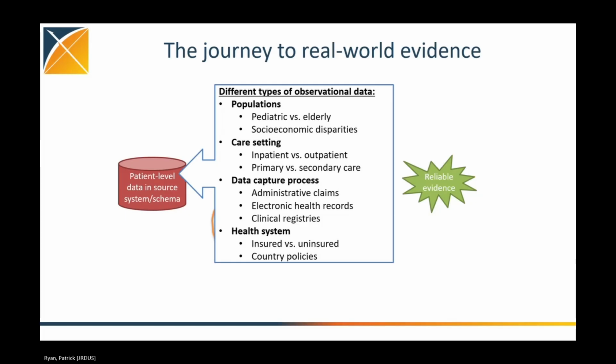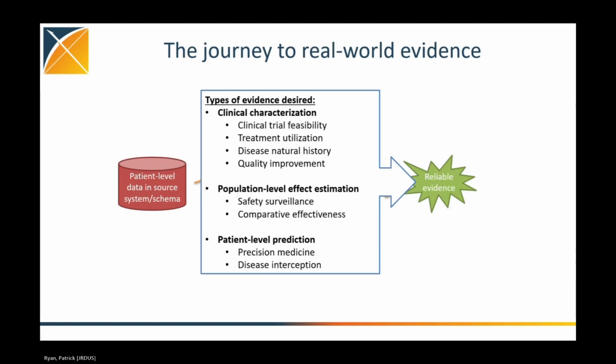So very frequently when we talk about observational health data, and particularly what a lot of people use the buzzword real world data for, there is no one kind of real world data. There are lots of different types of real world data that we're all trying to interface with. On the other end, there are lots of different types of evidence that we would like to be able to generate. And just as a classification of what we could learn from data, I like to classify things into